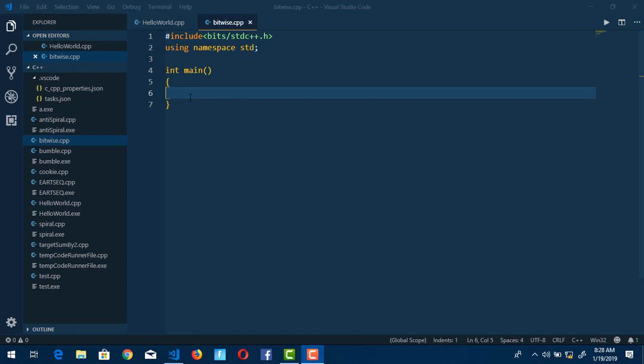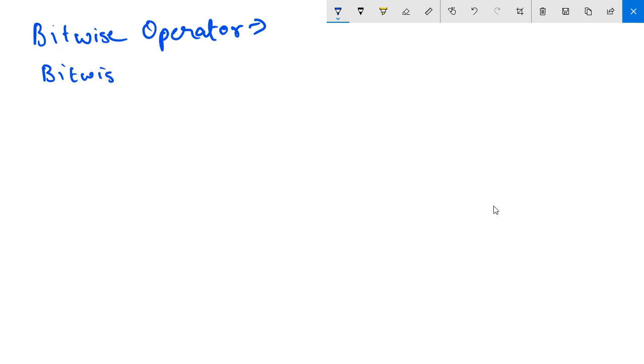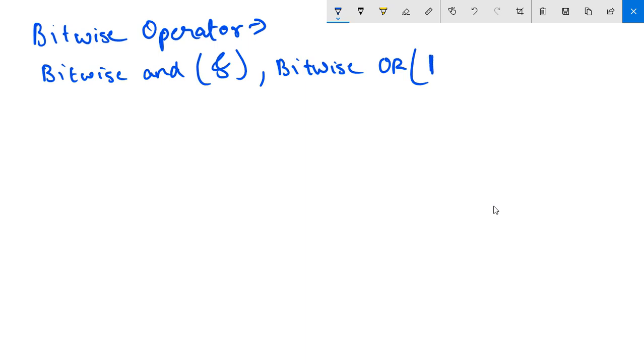Let's get started with these Bitwise operators. Today's topic is Bitwise operators. Let's see first how many Bitwise operators we are going to be discussing. First is the Bitwise AND, that is the single ampersand sign, and next is Bitwise OR, that is this pipe sign, single pipe, and next is Bitwise XOR, that is this caret sign,